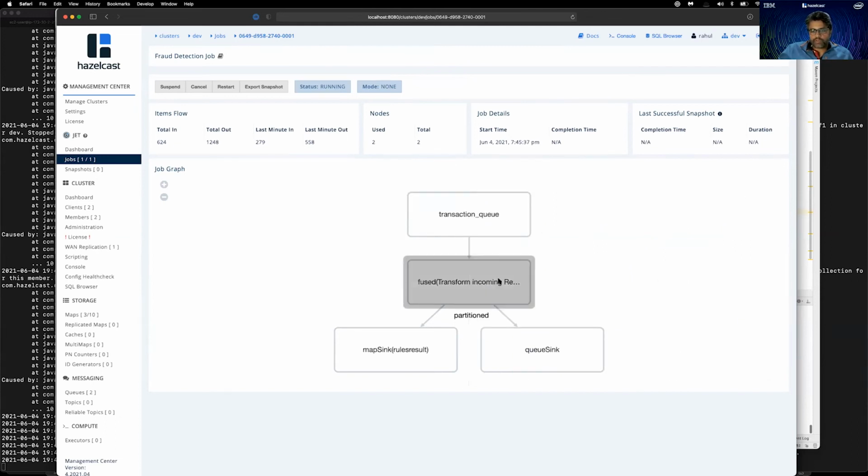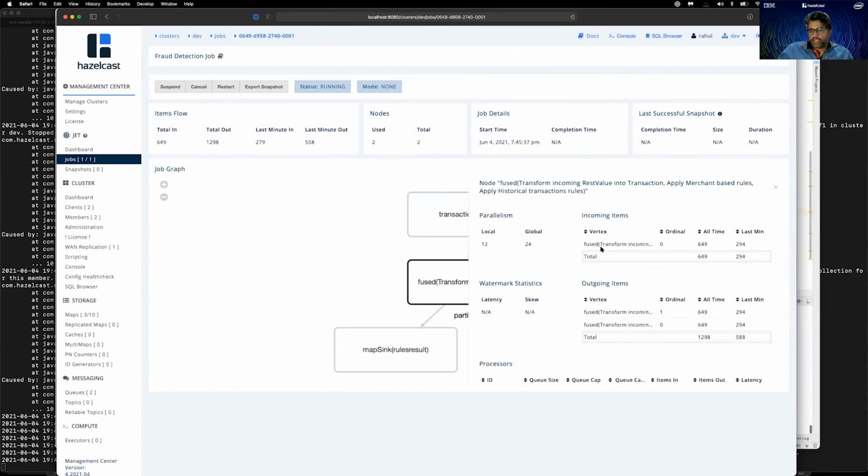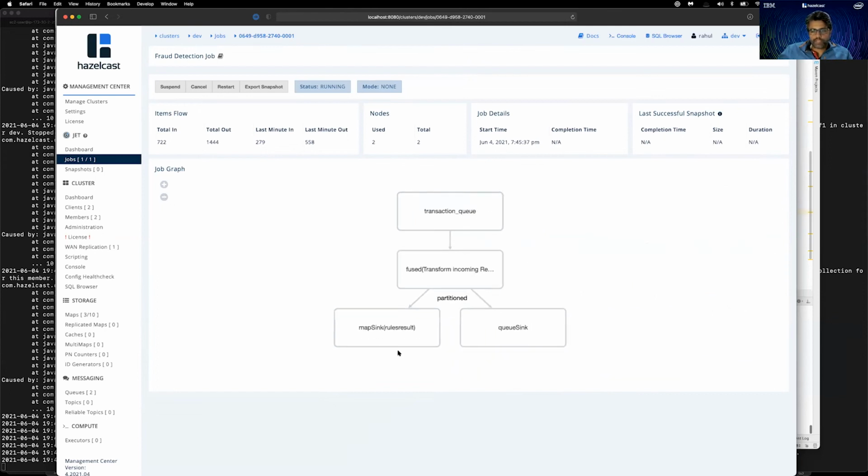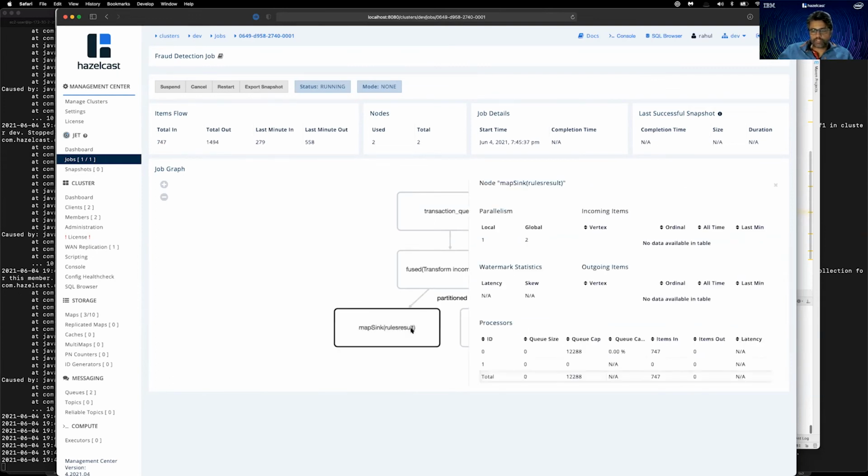If I click on the next stage of the pipeline, we see multiple stages consolidated in one view of the pipeline transformation of the data: merchant rules and historical transaction rules. Then the next stage has two parts: one where we publish the result to the Hazelcast map, and the other where we publish the result to the Hazelcast queue.